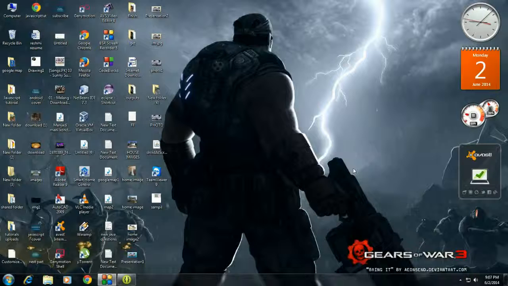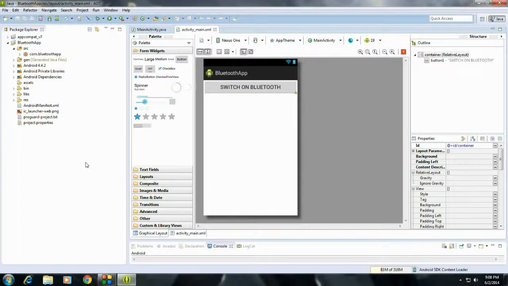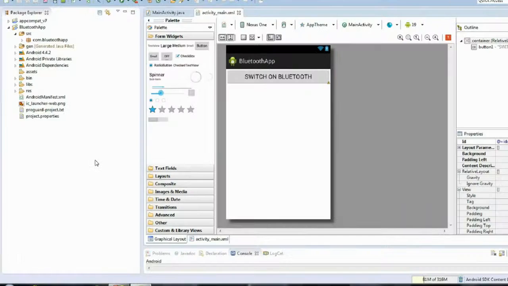In today's episode we are going to learn about how to work with Bluetooth in Android. So here in this example I am going to demonstrate how to switch on the Bluetooth adapter on an Android device from an Android application. So open up the Eclipse. Here I already created a project